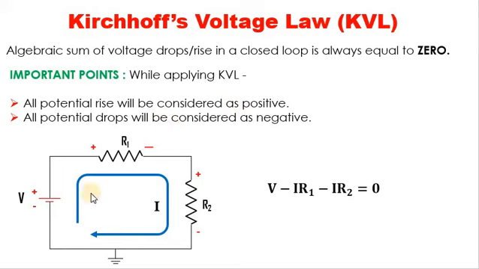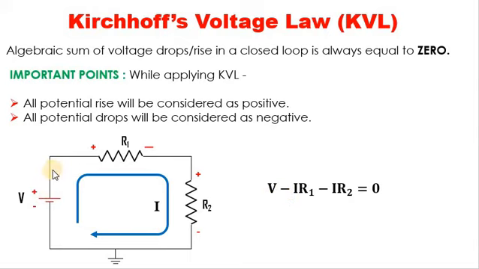So how do we consider this? In this particular circuit, if I apply KVL, I will always start from the ground point, the reference point. This is the ground here, the reference. While going from ground, there is a battery in the way, and this is the polarity of the battery. Right now I'm going from negative to positive, so I will consider this as a voltage rise, and I have already said that all the potential rise I will consider as positive. That's why in the KVL equation I have written it as plus V, not minus V.